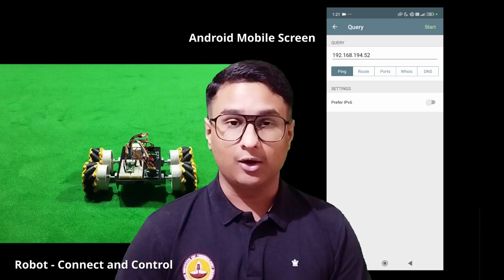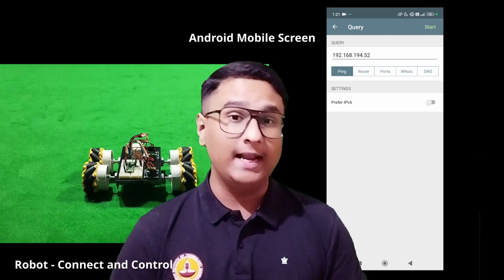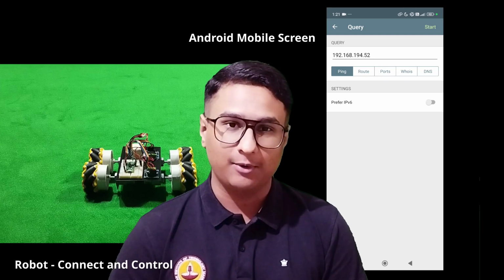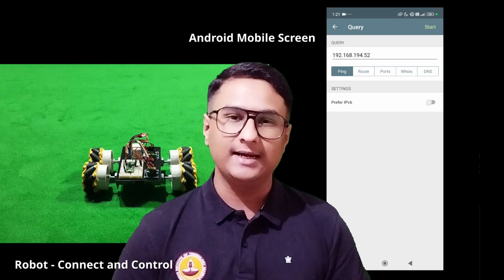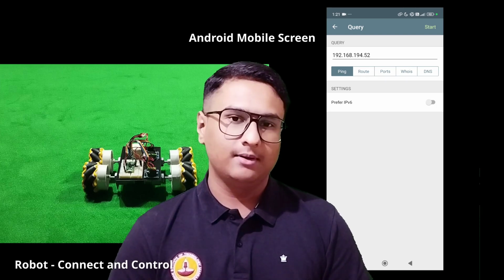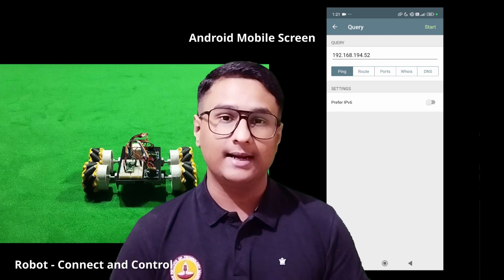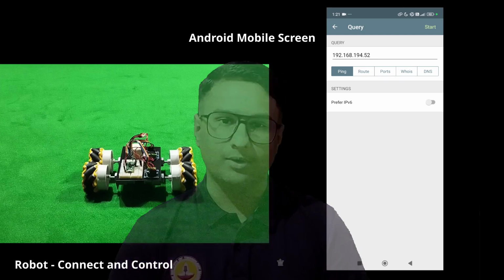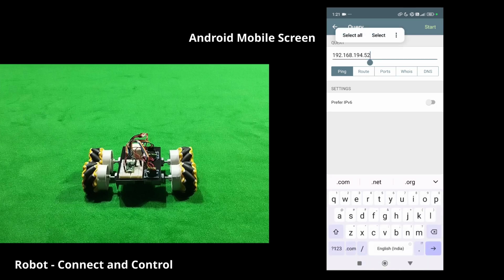Now that you got the IP address of your robot, you can go to the Chrome browser on your phone while ensuring that your phone is actually connected to the hotspot and just paste that in your web browser. Once you do this, you're officially connected to your robot and you can start controlling it. Here's one tip. While doing this, make sure that your phone is not connected to the internet. It is only connected to the RoboSoccer hotspot of your robot. It is 192.168.194.52. I'll be copying this directly from here